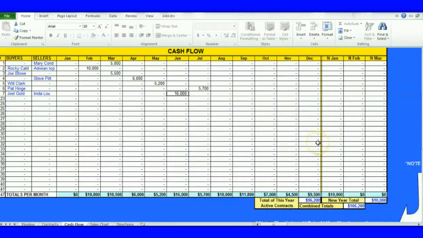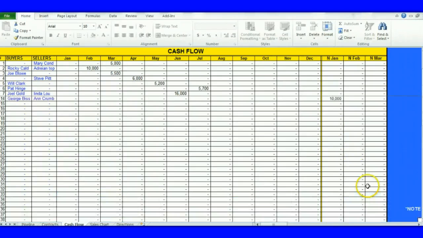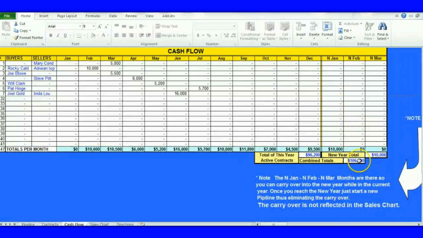If you go down to the bottom, you're going to see the totals in every month that you've got a projected amount of commission coming in, and this is your total over here, your total for the year. The end month's total is over here. You look back up here and you're going to see the $10,000, and this is a combined total of last year and this year. And here you've got some notes on the bottom just giving you an explanation.